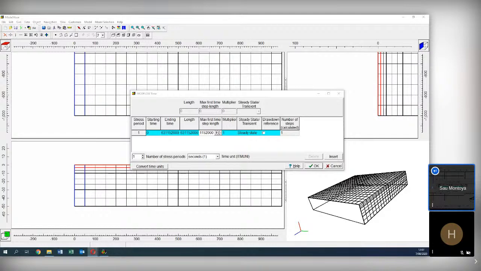But in a pumping test this is not reasonable, because you know that there is more drawdown at the beginning and less at the end. That's why you define the time step. The time step is the amount of time into which the stress period will be divided.